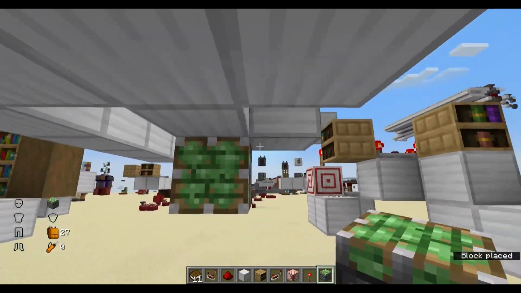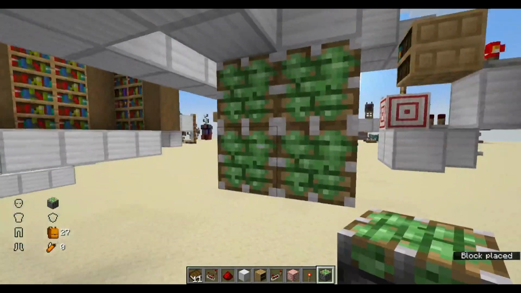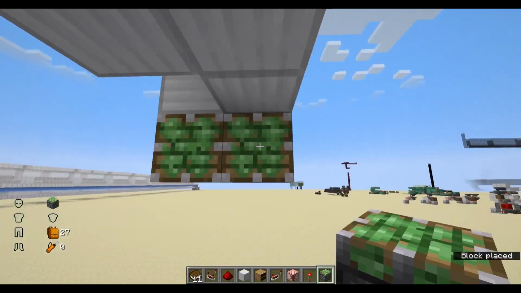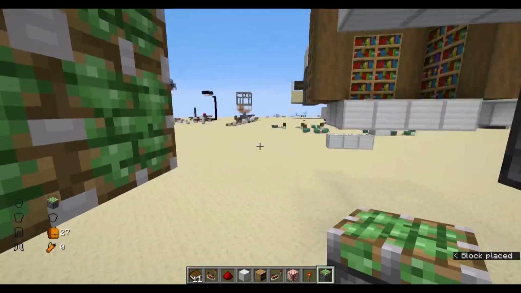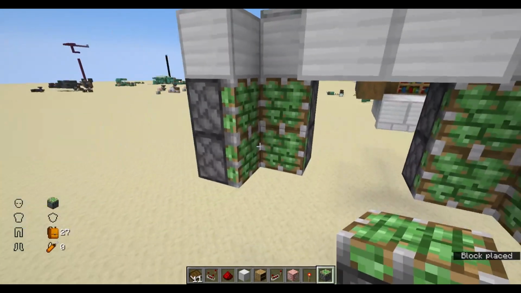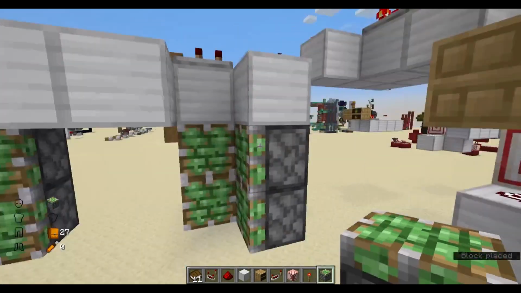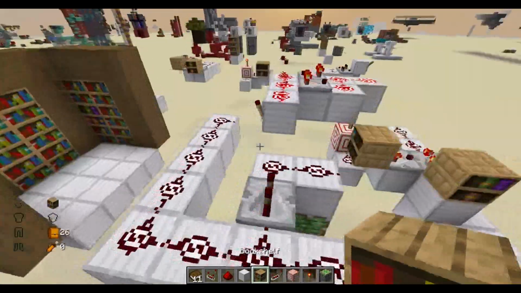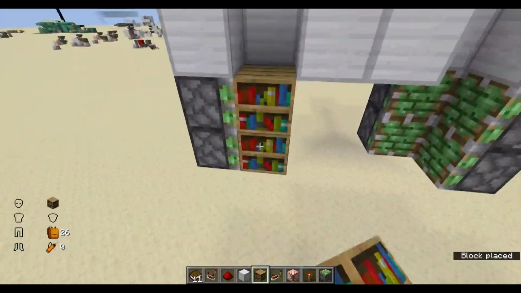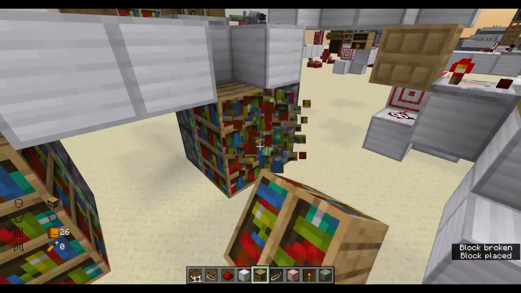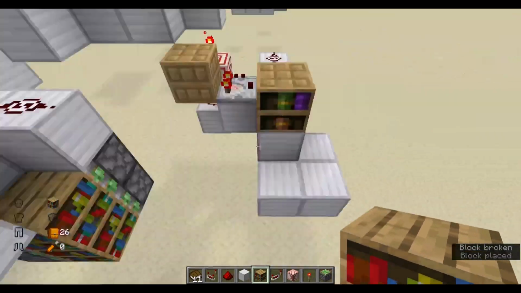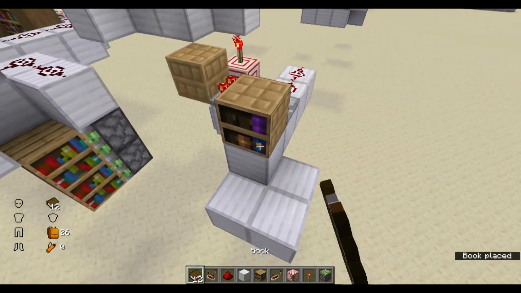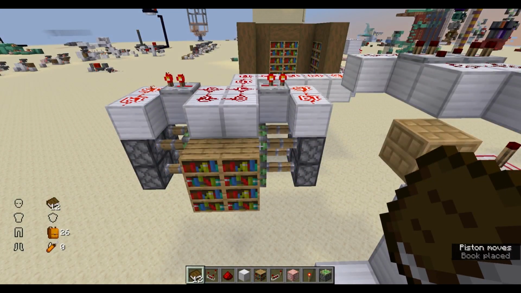And I'm going to put a sticky, sticky, sticky, sticky, sticky, sticky, right? Just like that, just in that pattern. And then you can put whatever you like. I don't know if you can move chiseled bookshelves actually, or not. So I'm just going to grab regular bookshelves and put them here. And now when we put the right or wrong book in, oh, sorry, hang on, I have to put it in here. Our door locks,